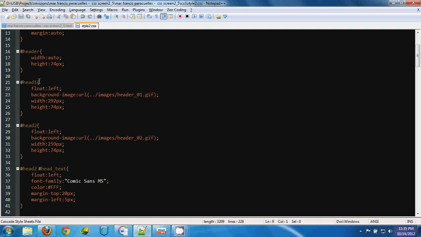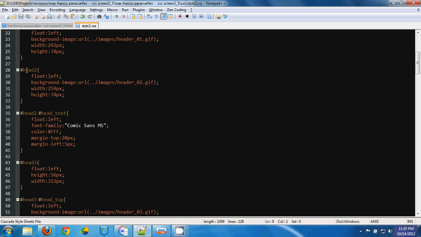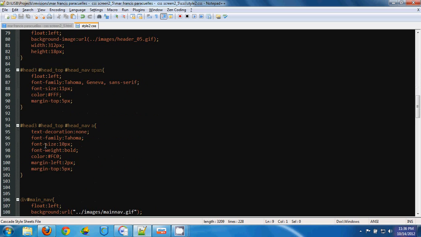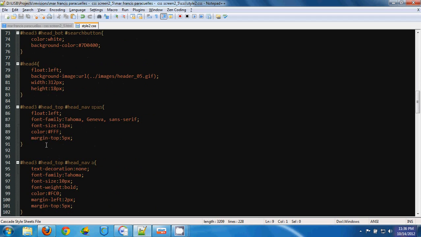Then the head 1, I put float as left. Then the background image, then also specify the width and the height. Also on the head 2 up to head 4.